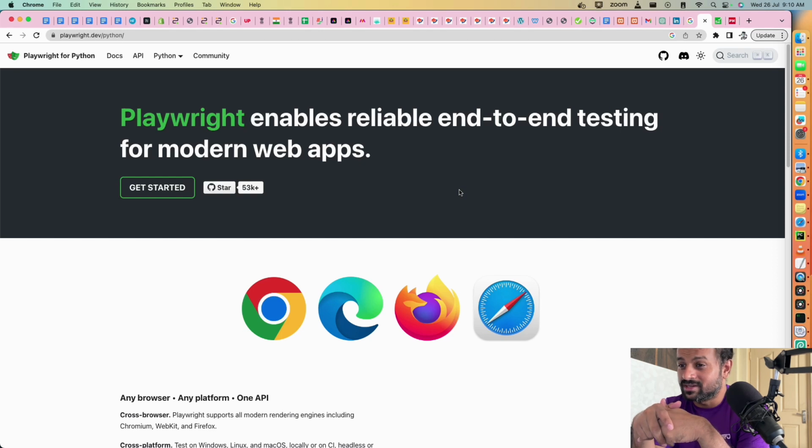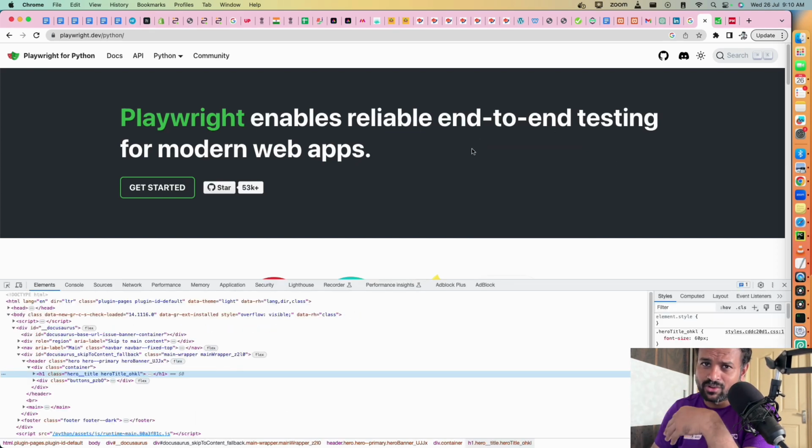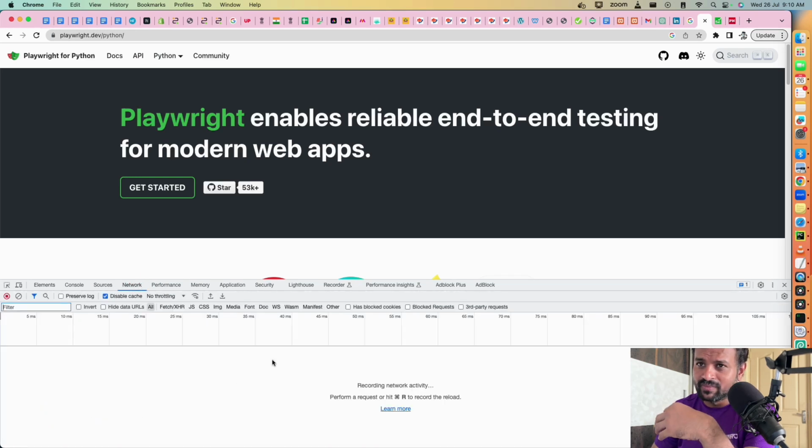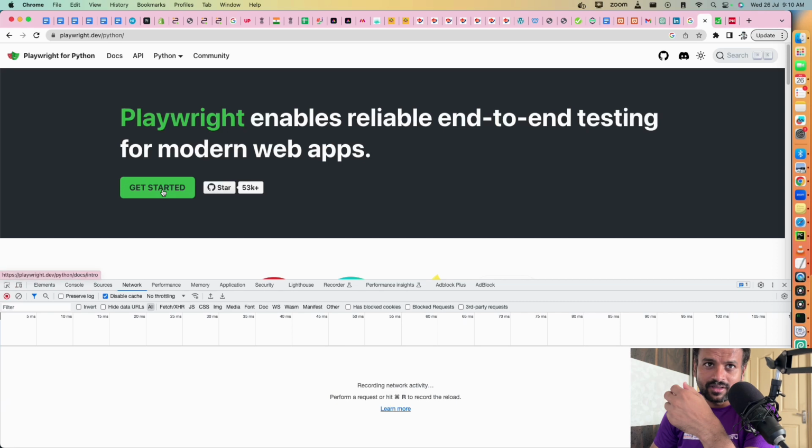There is one more feature called tracing. This is the one big feature that differentiates Selenium and Playwright. It is also related to debugging. What happens is, for example, let's say I'm opening this browser. This is the page I wanted to test. Now I want to click this thing and do something. For example, if I click it here,